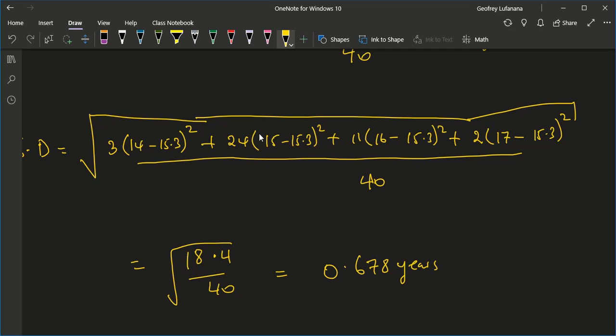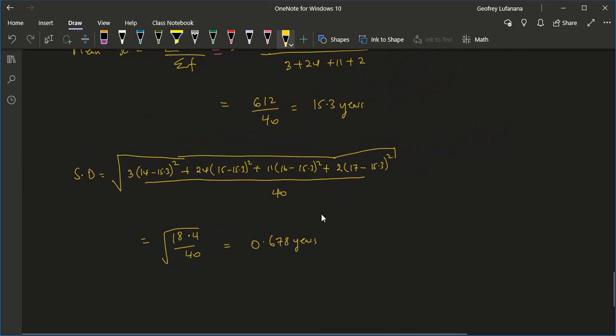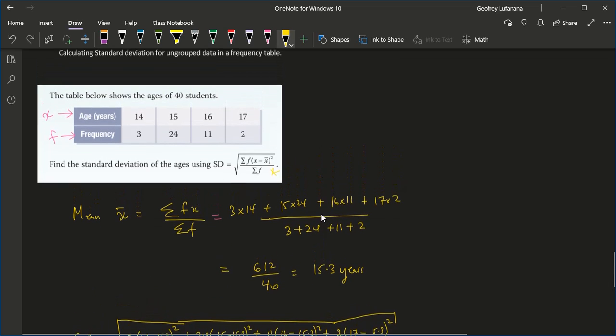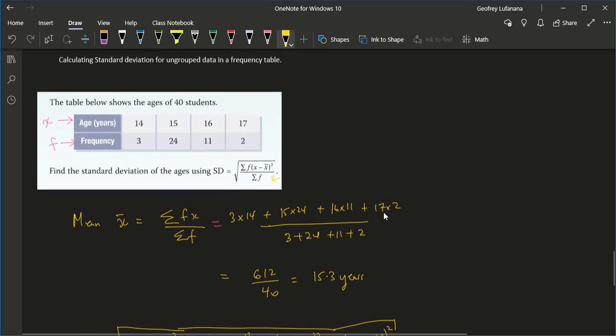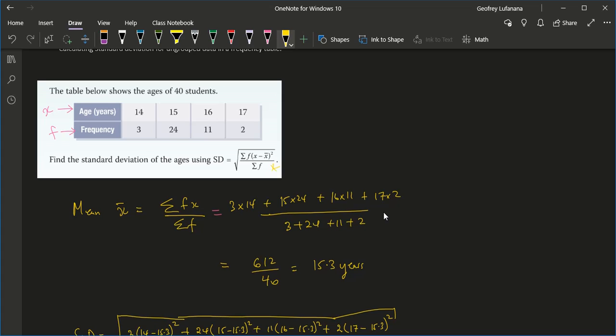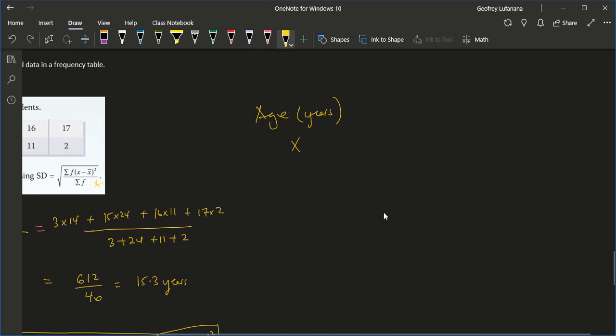Now there is another way of doing it. If the data is really huge, like the number of columns or the ages were more than that, let's say 14 to 25, I would recommend drawing a table. Though if the data is small, you can work it out straight away. Drawing a table would mean that we have age in years. This would basically be our x. I have my frequency